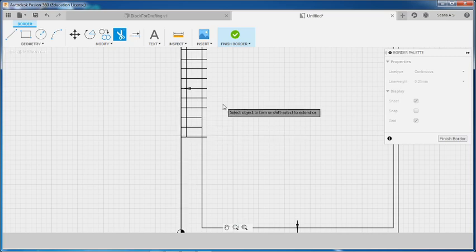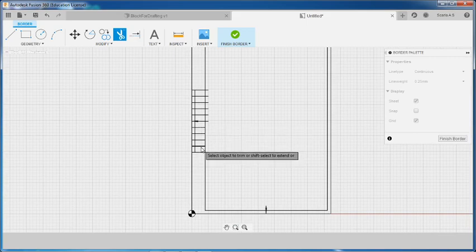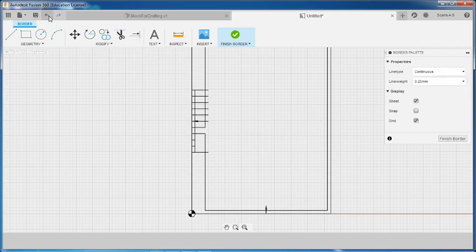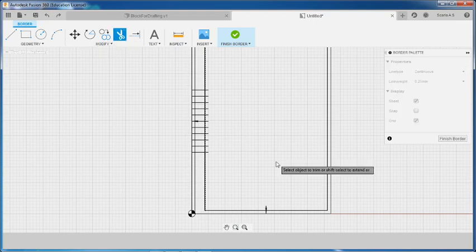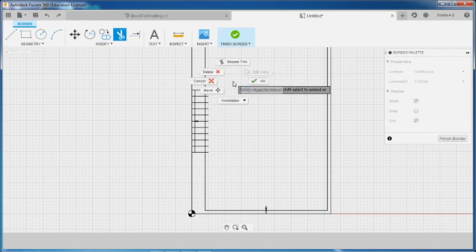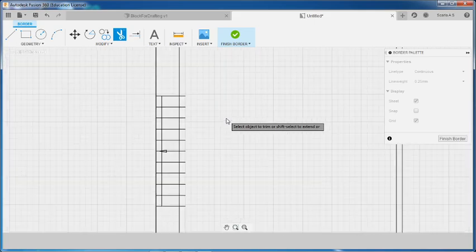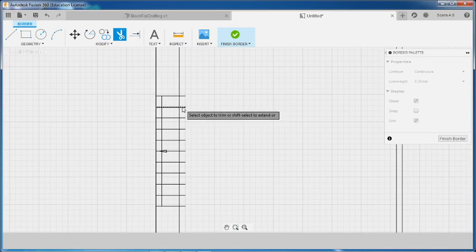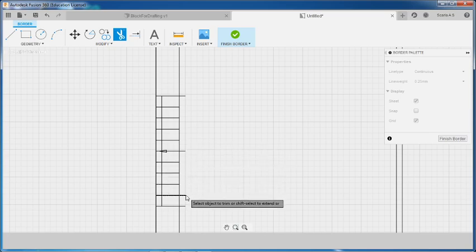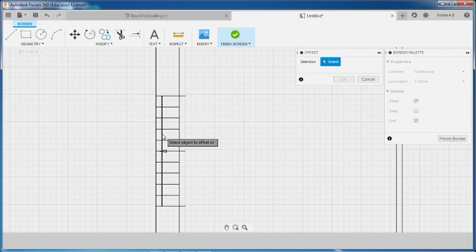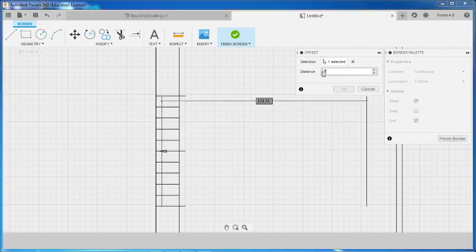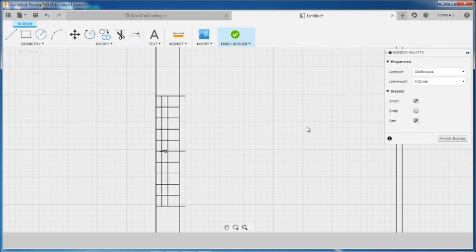Then so trim once again. Once again we will offset this 5, modify offset, this we will give as 5. OK. Then again we want to trim,